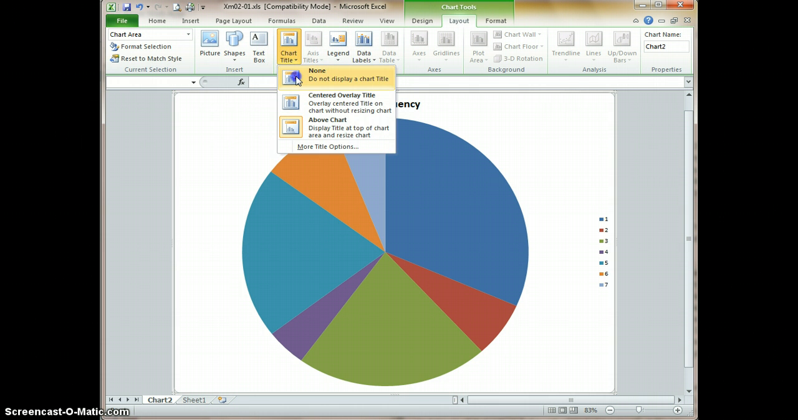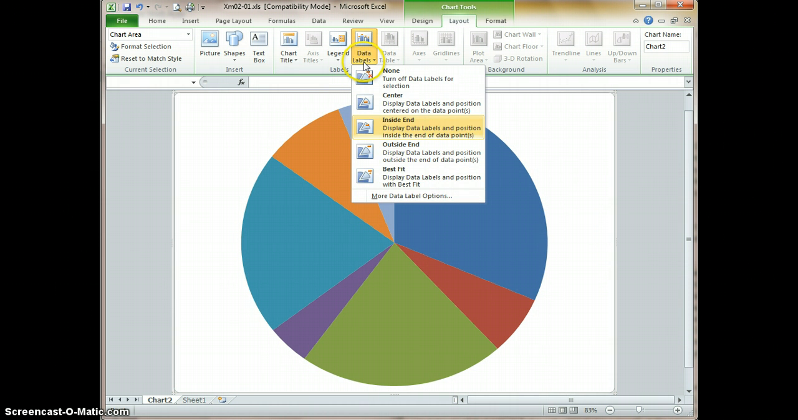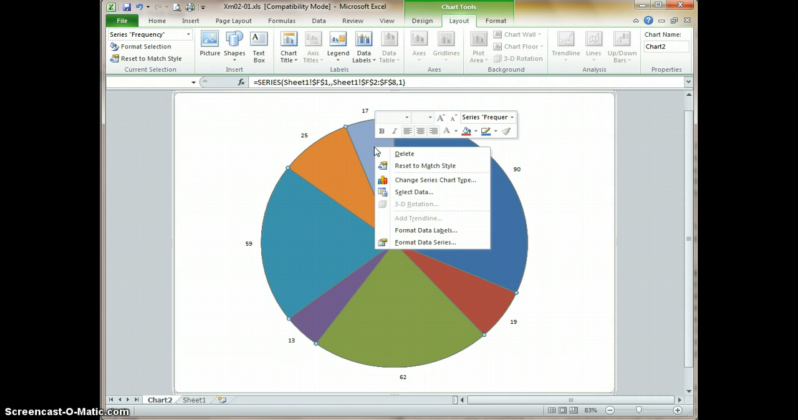Chart title, I'm going to choose none, so we get rid of that. I'm also going to eliminate the legend. I'm going to turn that off. But now we get to data labels, and I'm going to go outside, and there, and so we see that we've got the numbers out there. And now I'm going to right click and choose to format